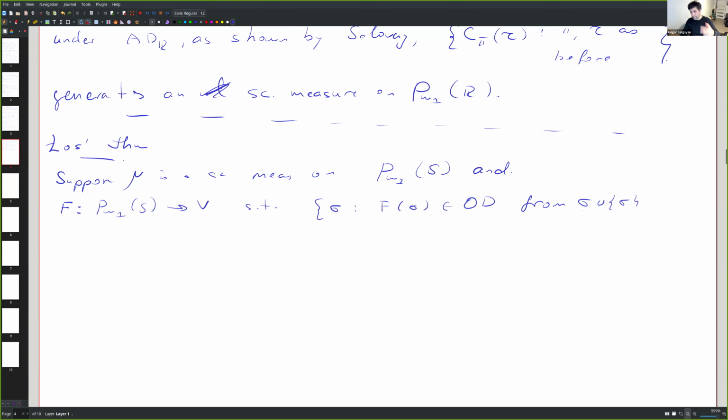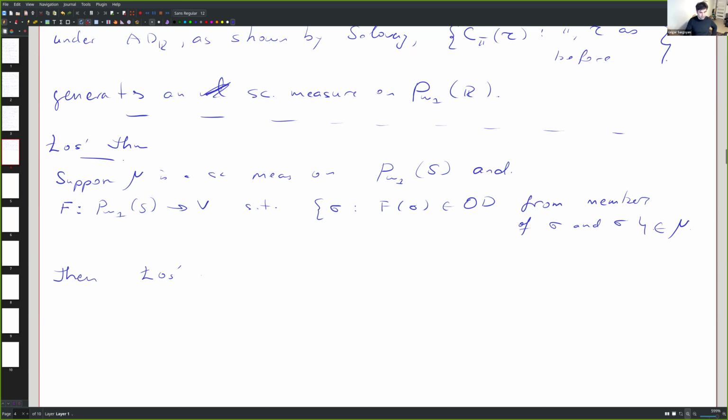I mean, parameters come from sigma and sigma itself, right? Then this is measure 1, right? Then